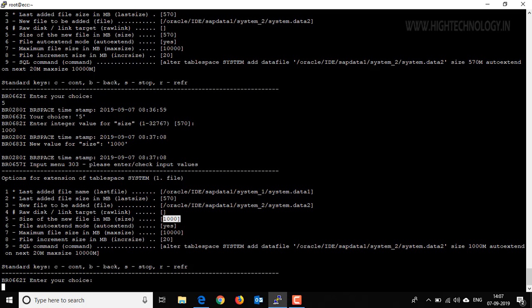Basically we can use the command also. Alter tablespace system add datafile this, size is this, autoextend is off. Okay, here autoextend is on, max 20 MB, max size is this. So type C here,